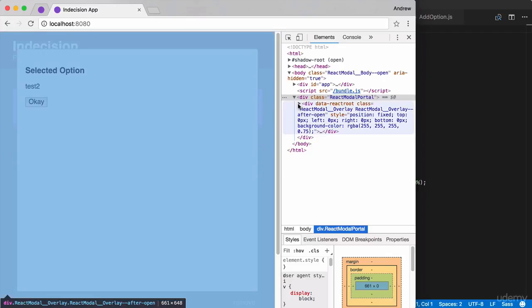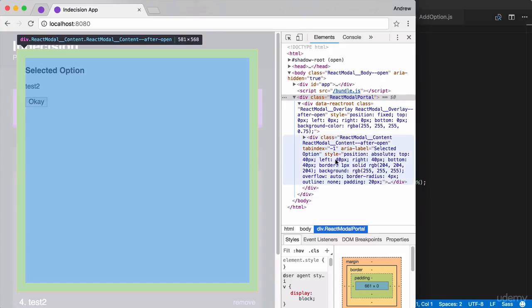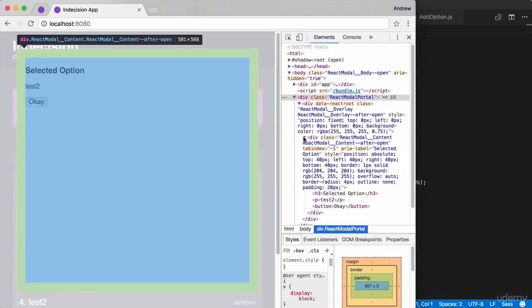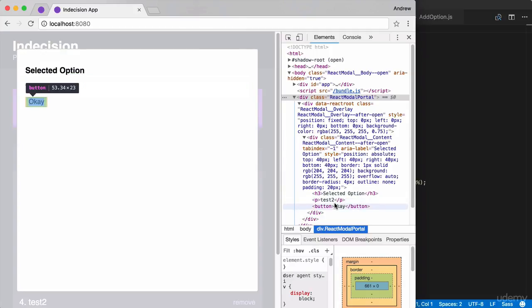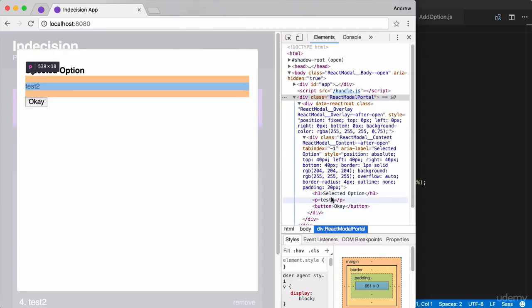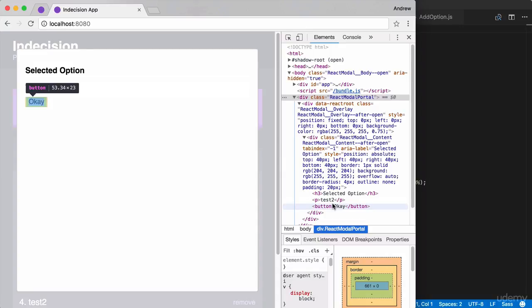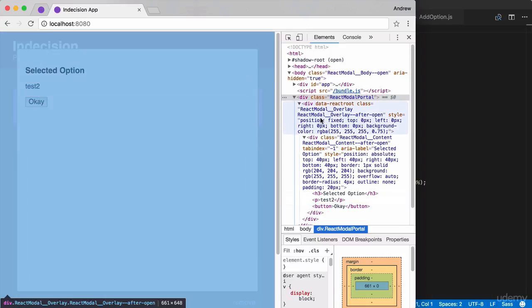The box is inside. So if I crack open our div, we get another div. This is the React Modal content. And if I crack open that, we get our actual content, the JSX we defined. We have our title, we have our paragraph tag, and we have the button. So what we need to do is figure out how we can target this and this in order to add